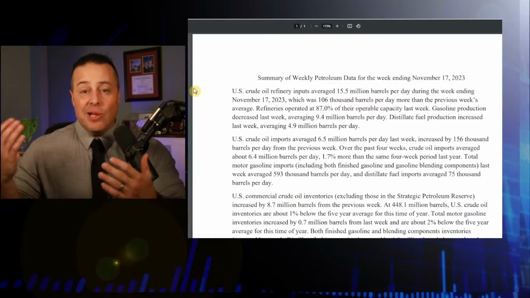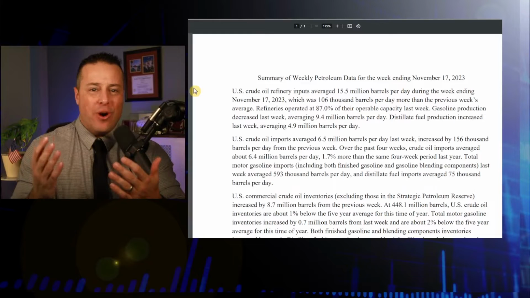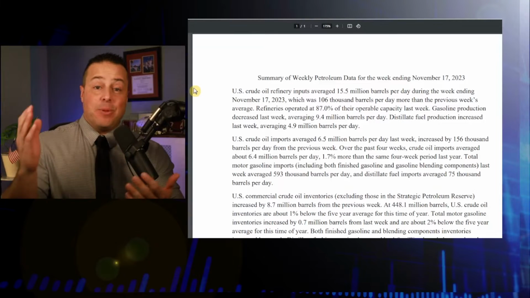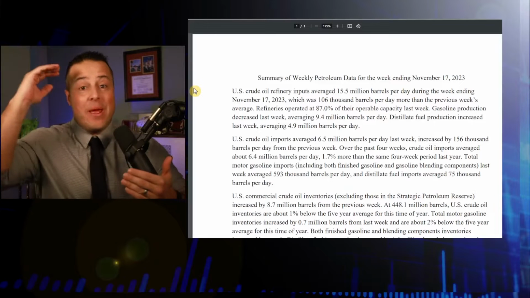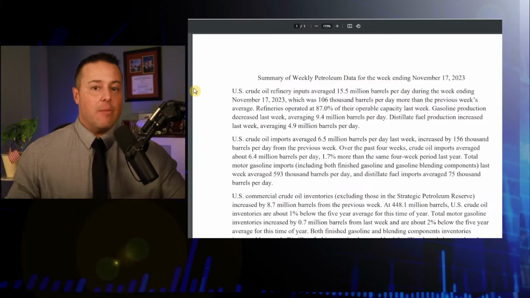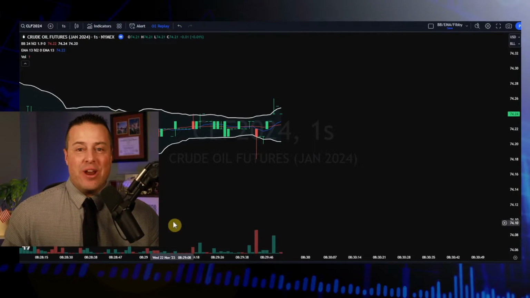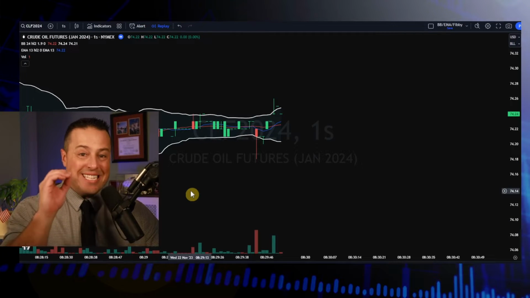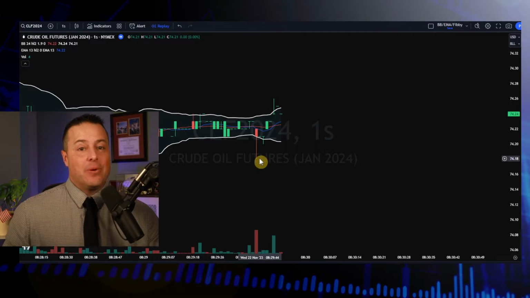Many traders look to get the EIA report nailed. They look for clues on whether to go long or short each and every Wednesday. If supplies come in beneath expectations, they look to bid the market. If supply outpaces expectations, they look to sell the market. Now, these are incredibly risky strategies, and to illustrate this risk, here's a 1-second chart of CME full-size WTI futures during a typical EIA release.